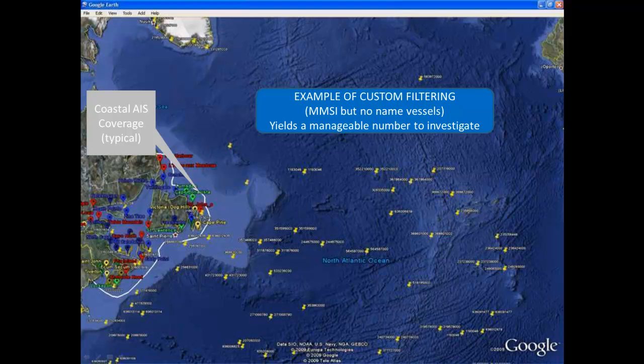Here's a very, very simple example where we have filtered out just those ships who are transmitting a valid AIS message but they don't have a ship name. And this may be very important to certain people to understand, okay, these are a set of ships that I need to go and investigate more closely, as why aren't they broadcasting a valid ship name? But the point is there's been a filter applied to give us some intelligence to help us make the next step in our decision-making process.